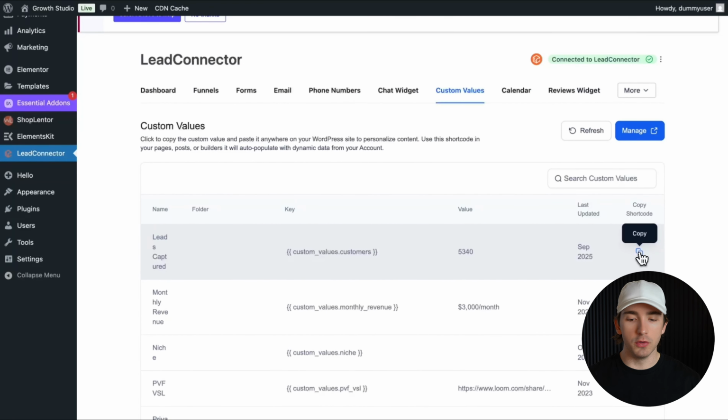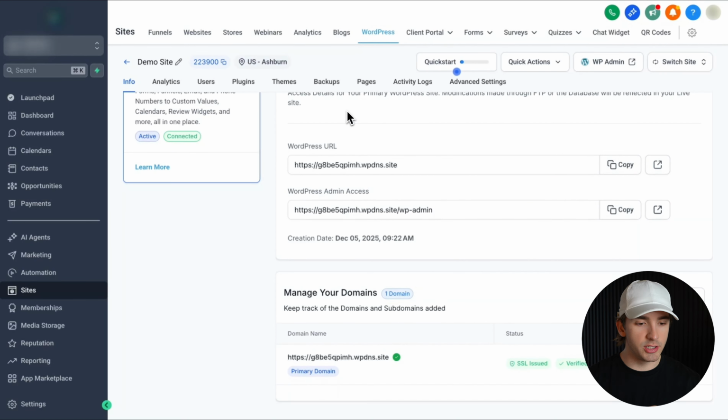So a great use of this is, for example, we have a leads captured number as a custom value in our website. We have an automation that adds to this number every time we get a new lead to show our performance as an agency. And if you want to use this on your site, you can simply copy that, go back into your WordPress